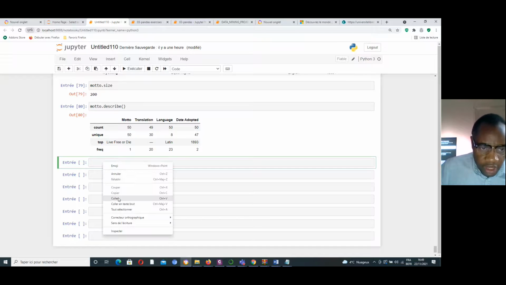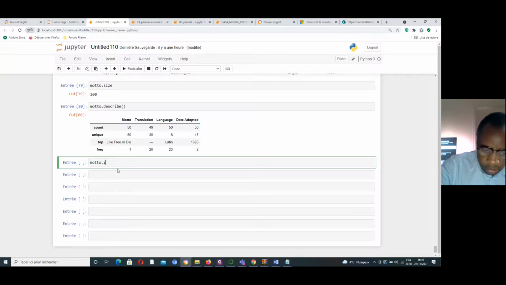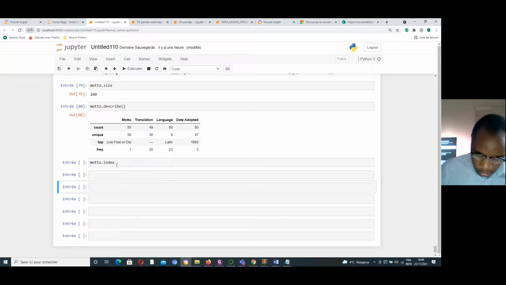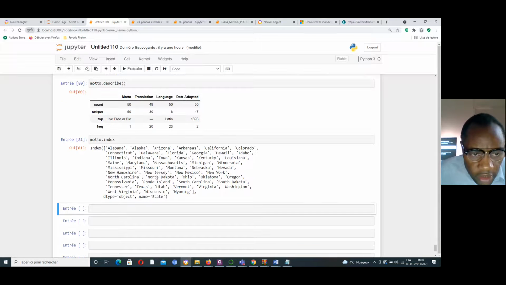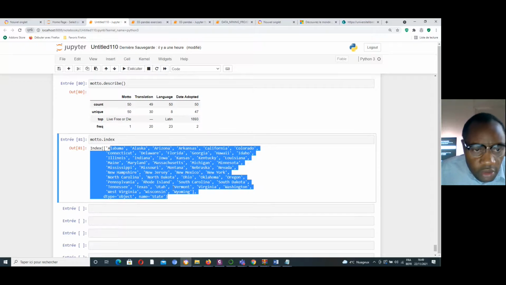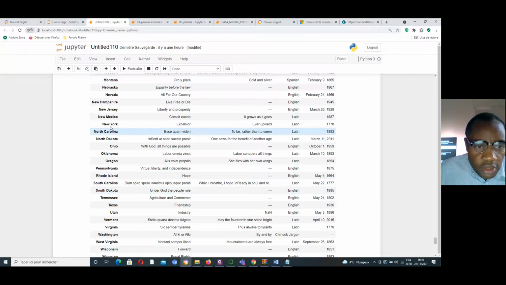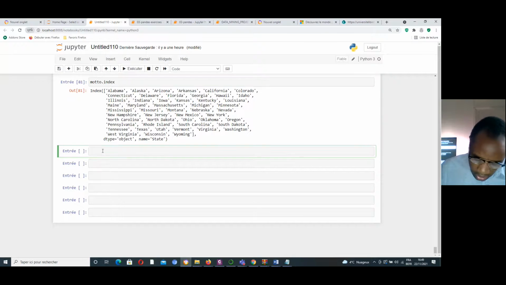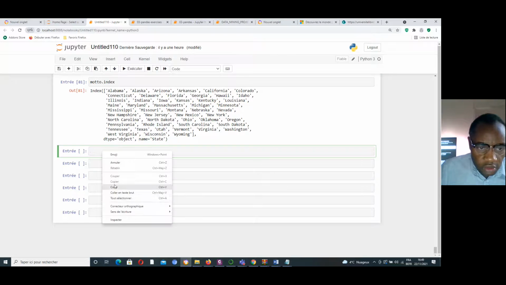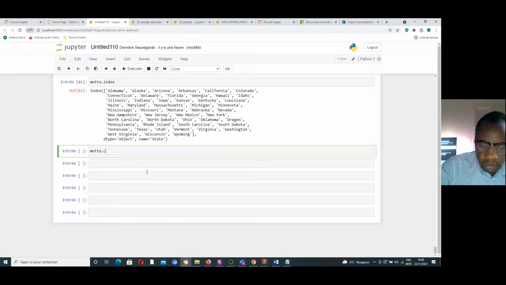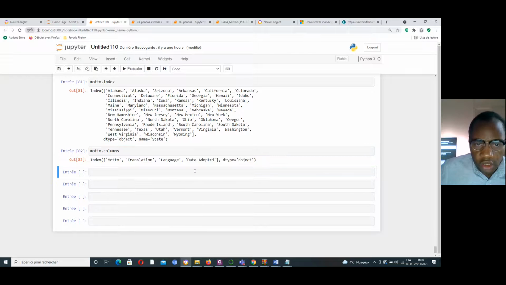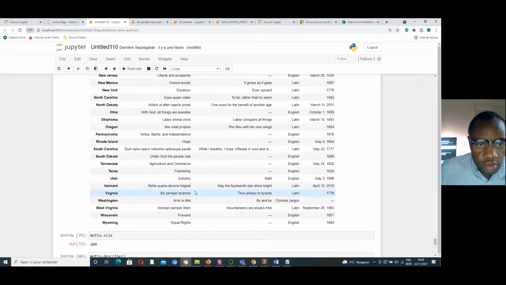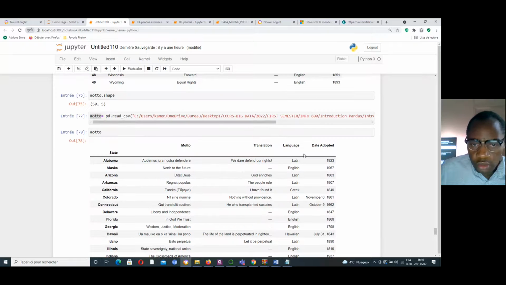How do we evaluate the index? Okay, here's the index. Great. How to evaluate the columns also, if I want? Let's print the columns. Okay, here are all the columns.